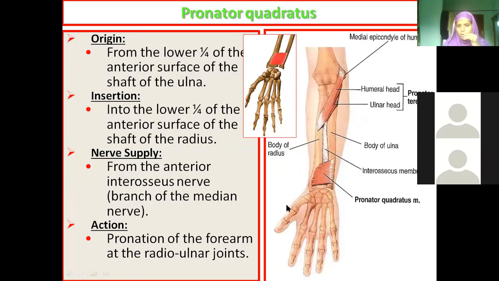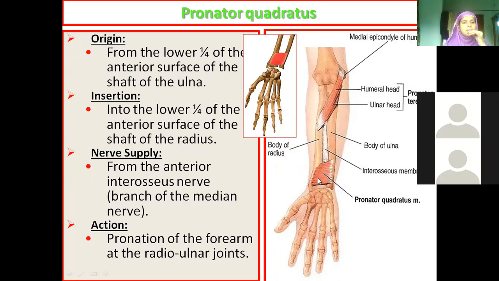Okay, beta. Now you can see a wristband type of muscle here. After removing all the layers, you have removed pronator teres, then flexor carpi radialis, palmaris longus, flexor carpi ulnaris, then flexor digitorum superficialis. Then we have seen flexor digitorum profundus, flexor pollicis longus, then pronator quadratus. If you remove all, then you can see pronator quadratus.